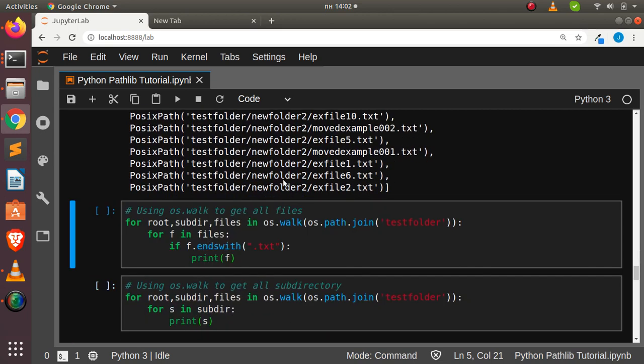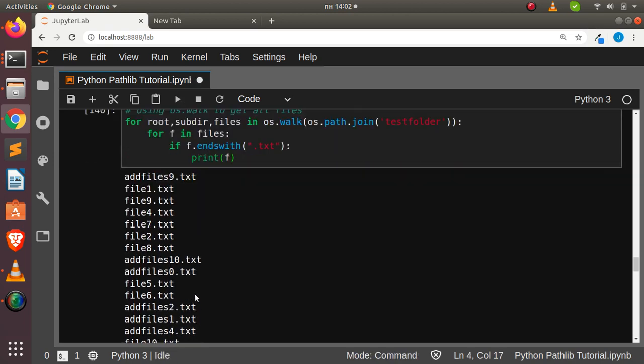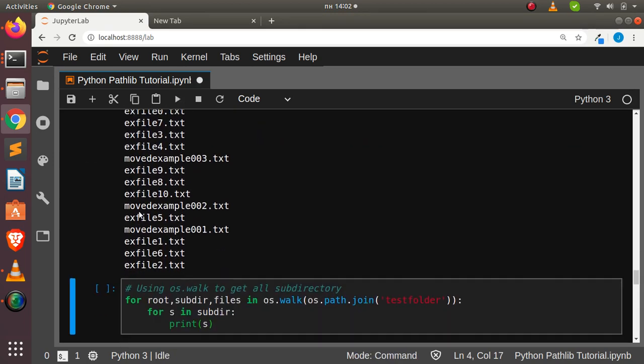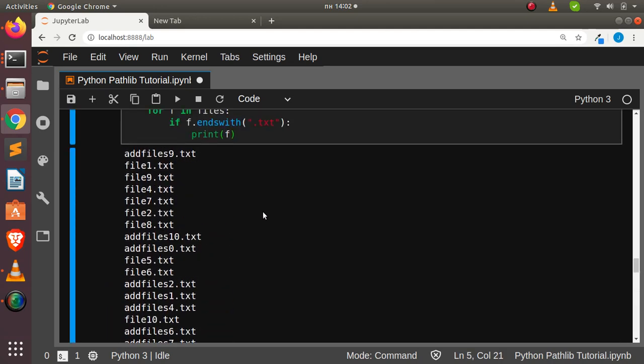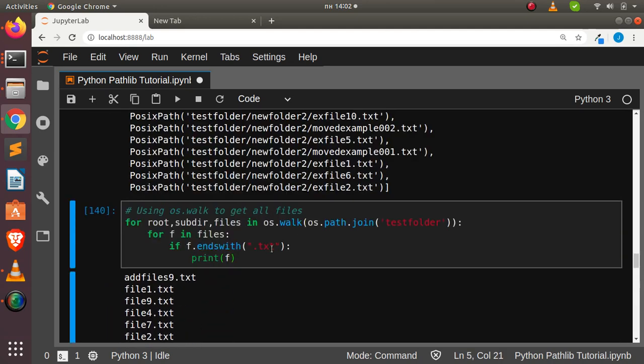How do you do the same thing with os? So you can just use os.walk, then you can just run through it in this particular option. So it's going to go through it, then find all the files, including those that are inside our new directory, right? Very, very interesting. So that is the basic idea with using os.walk. So it's going to be os.walk, then the folder. See, this is quite long, but